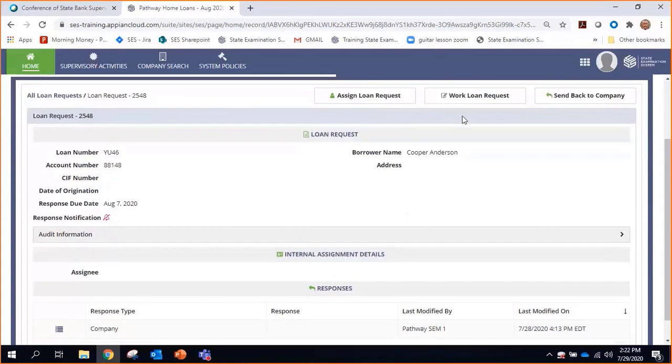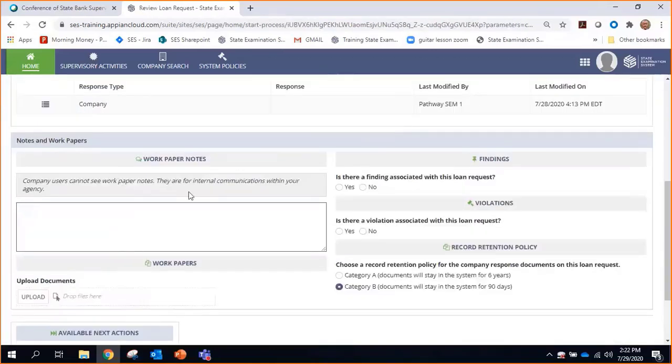So to get started reviewing this loan file, this just gives you a glance of the basic information and the fact that the company did respond to it. You click on Work the Loan Request, and this section is really designed to be flexible to meet whatever process you have in place today. I think as SES evolves, we'd like to include more standards here and find ways to make this more uniform, but today the loan review process really happens